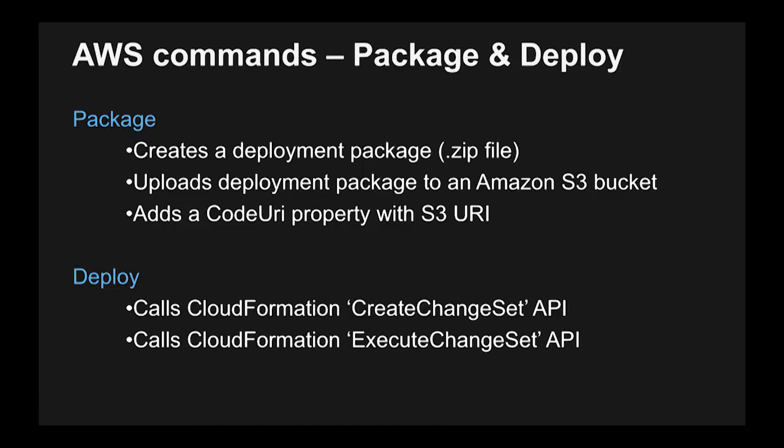So how do you use SAM? You write the document, and then once you have your template created, there are 2 commands that we've added to the CLI as part of CloudFormation. The first is package, and this actually creates a deployment package or a zip file for the template itself, and then uploads this up to an S3 bucket for you and provides back a value that you could then pump into the code URI and then deploy.